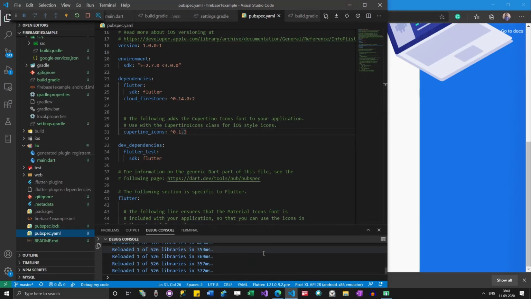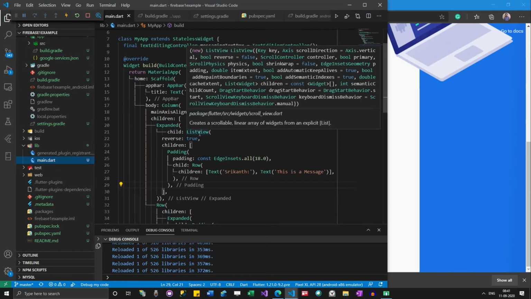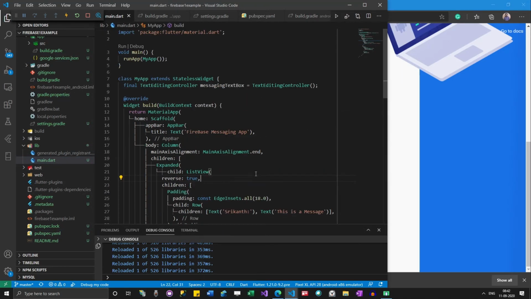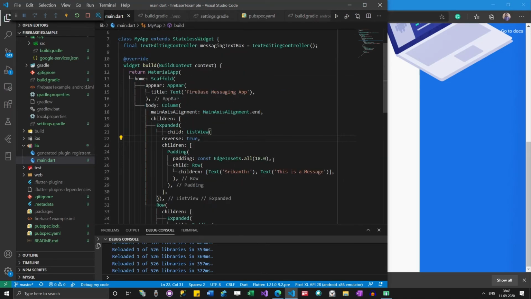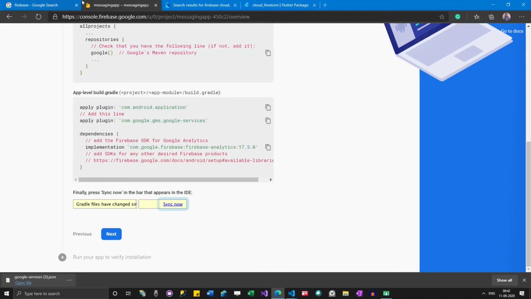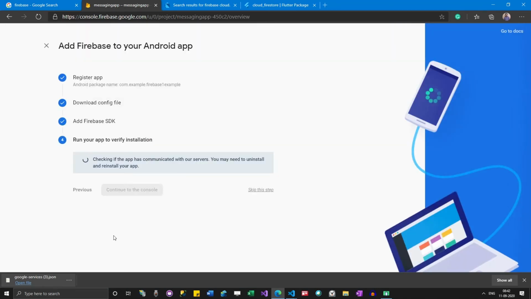Okay, so now all good. So now I need to go to the main.dart file and then I need to add the necessary logic that is required for us to access this. Okay, before that, let me finish this setup.